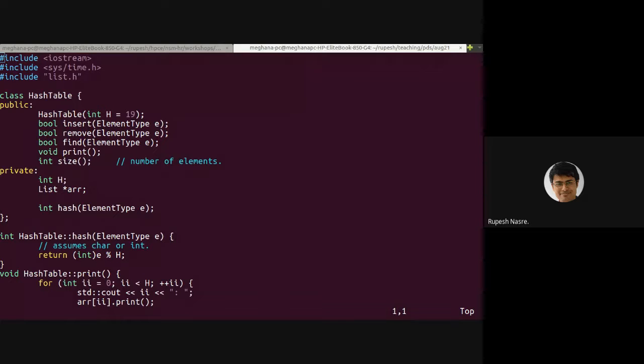So at the start, you will realize that we are using chaining because we are using list.h, and that's one definite advantage of having ADTs, where whatever data structure we had created earlier, we could make full use of that in some other data structure. As an example, if you just go to list.h,